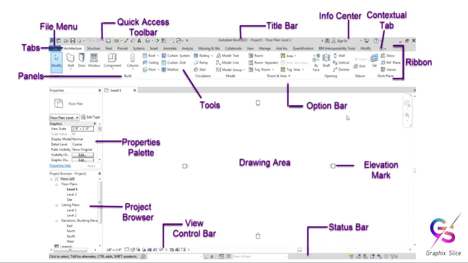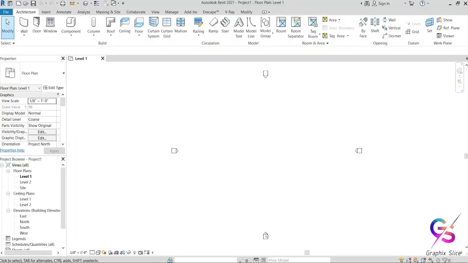And this is a major one, the option bar. What does it contain? It's empty. Before selecting any tool, it's empty. After selecting a tool, it shows some options. I will show you how. See here, this is the option bar, right? In this option bar, it's completely empty right now.